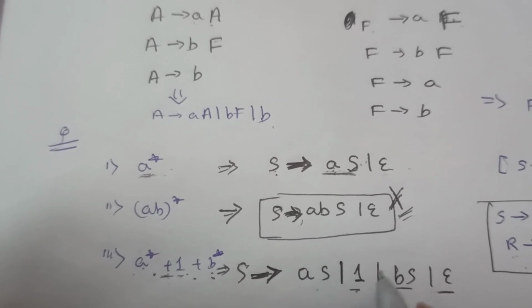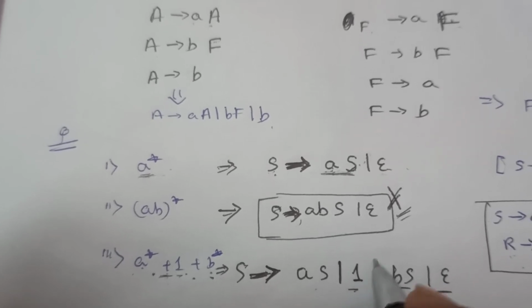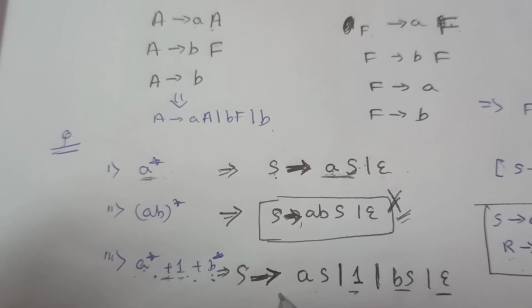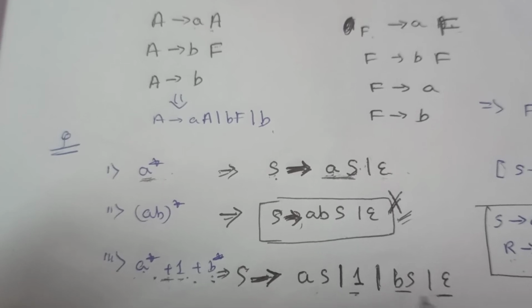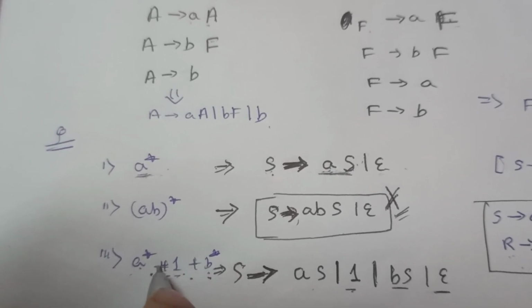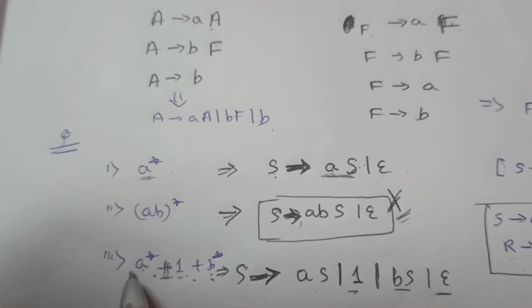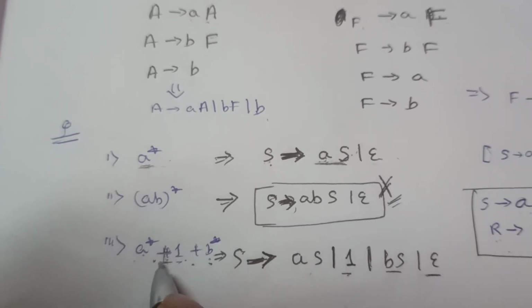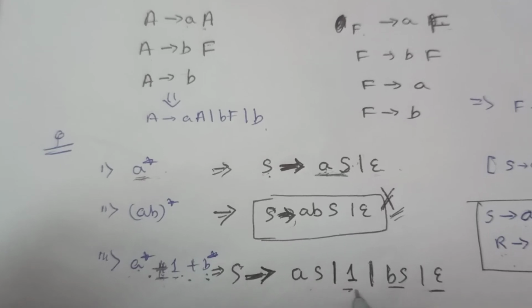So I have written this pipe operator with this because, pipe operator means what? Pipe operator means simply any one of these will be accepted. So this is a similar thing like plus. Okay, so this is like OR. So if there are 3 types of production rules added with plus, we just add them with the pipe operator.